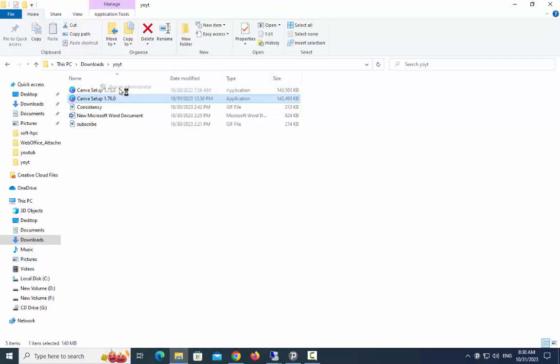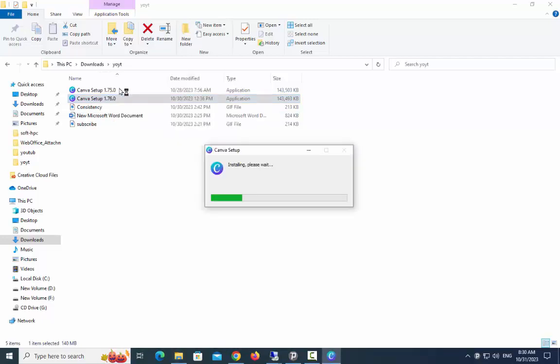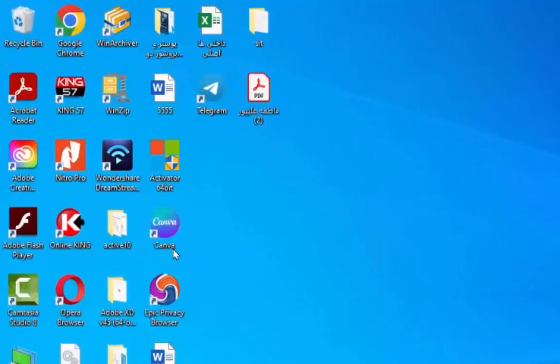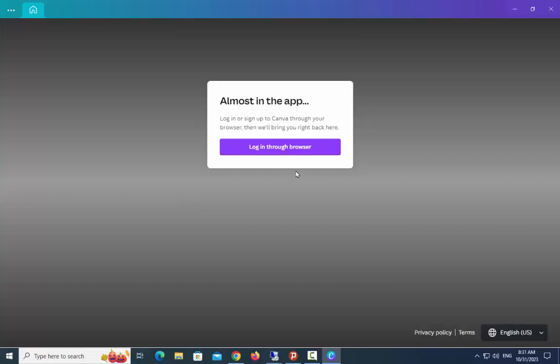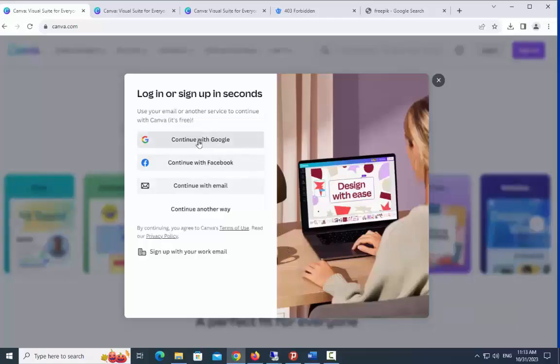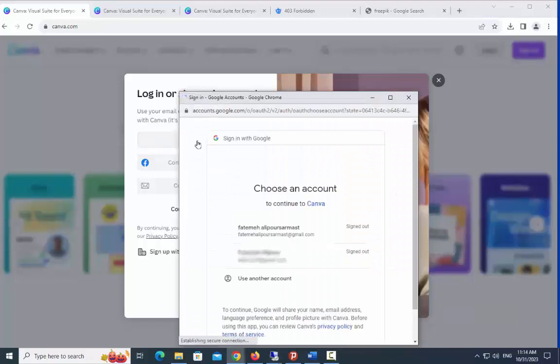Then install the application. Run the installed program and click on Login. Now log in through your Gmail. After entering your password,